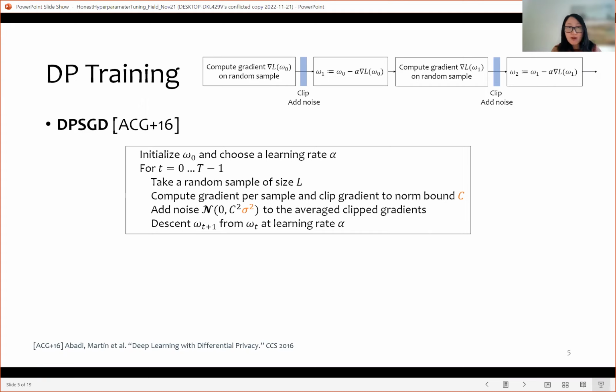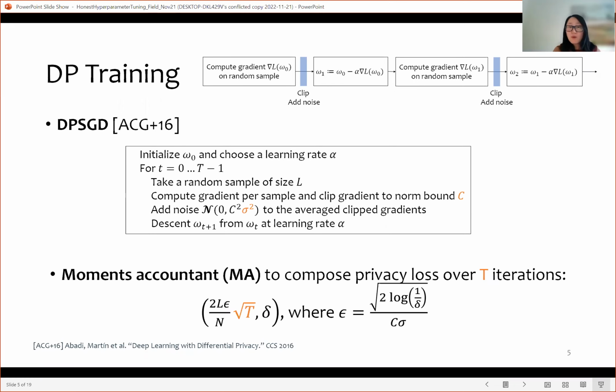There's one way for us to quantify the overall privacy loss of this optimizer, by considering the moments accountant method. It is one of the state-of-the-art privacy composition techniques, proposed in the work on deep learning with differential privacy. The idea is that you have T iterations of a noise addition process, and all the noise is drawn from a Gaussian distribution. The total privacy loss is proportional to the square root of the number of iterations you run this algorithm. So this is pretty nice and standard.